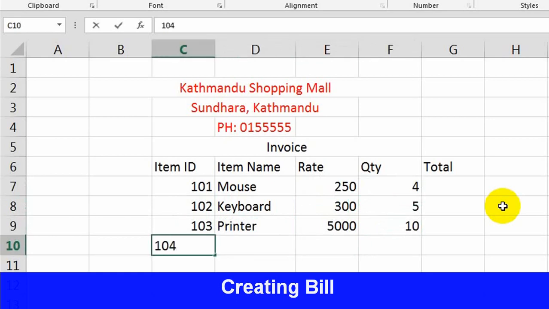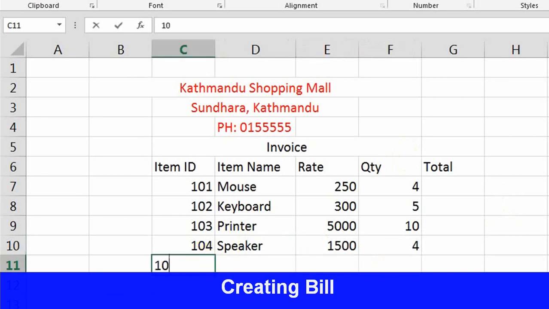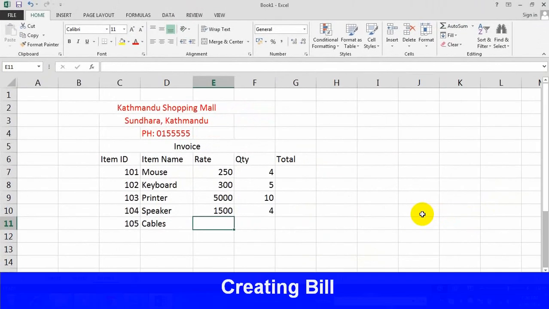104, it is the ID number, speaker, okay, 1500, quantity 4, now 105, cables 200, quantity 6 pieces.